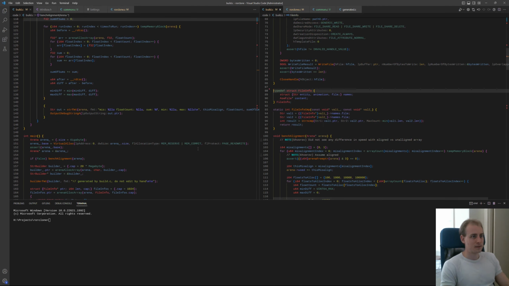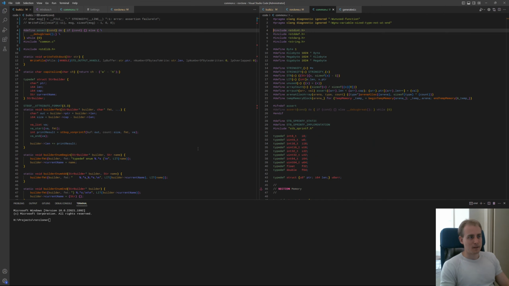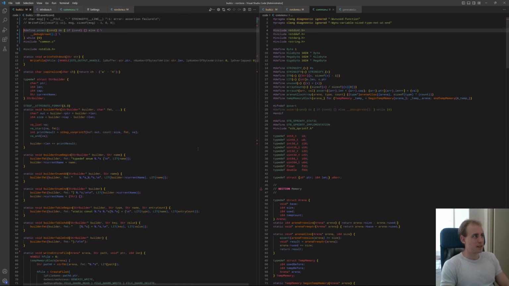Alright. Yeah, the assert definitely needs to be redefined somehow. The question is, how do I redefine the assert such that it also uses